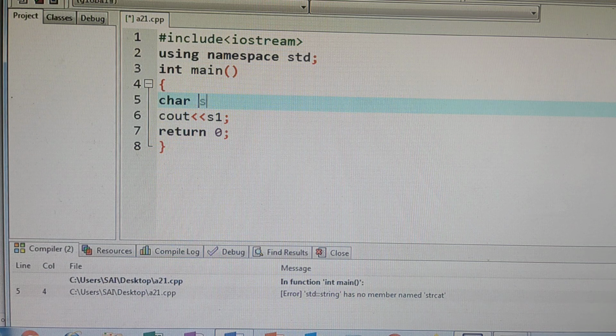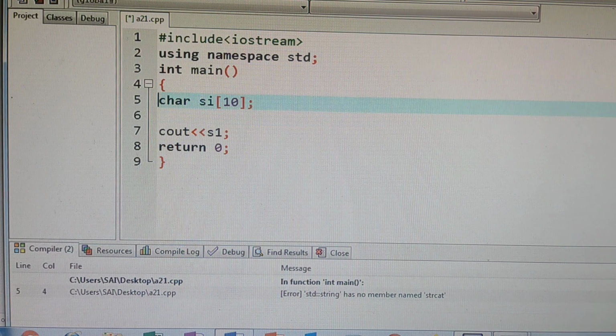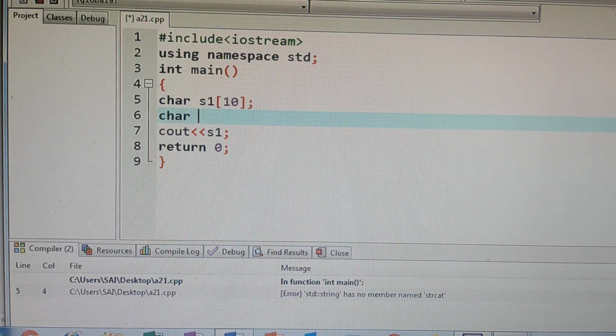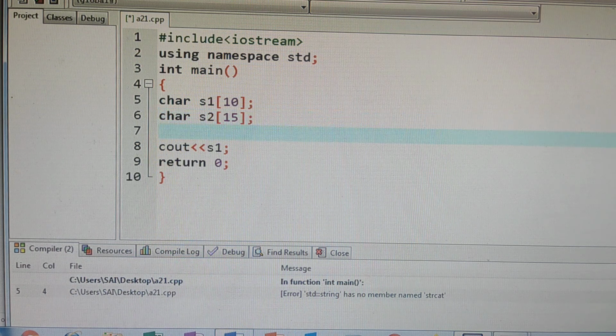We'll see. char s1, 10 characters. Next it is s1, no? It should be s1. Next char s2, and I am giving here 15 characters. Now cout s1.